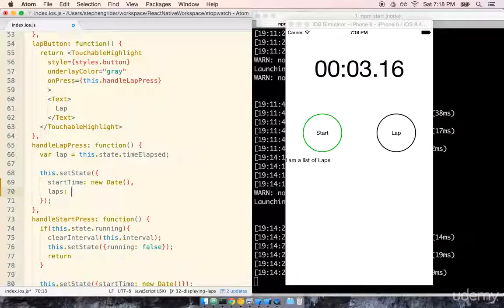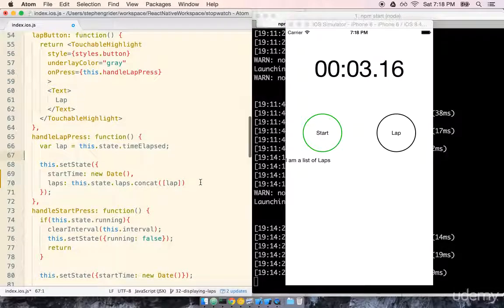We're going to do this by using the concat method on laps, which remember is an array. So we'll concat on a new array with one value, just lap. You might be wondering why we're using concat instead of, say, pushing the new value of lap on here. And the answer to that is going back to the golden rule behind state. We never want to modify our state directly, right? We never want to say something like